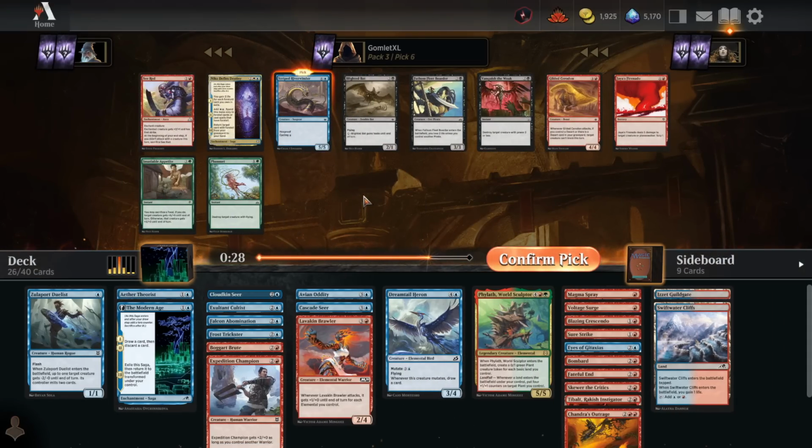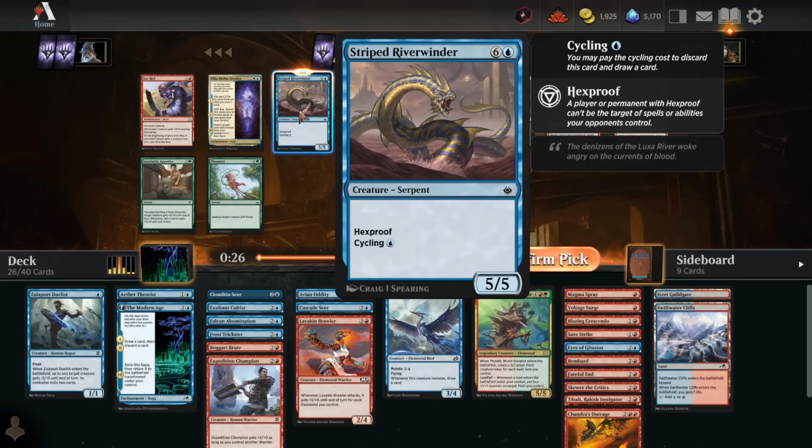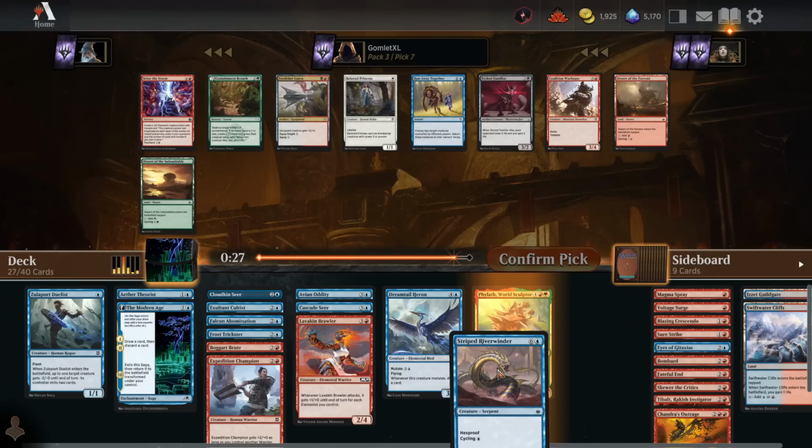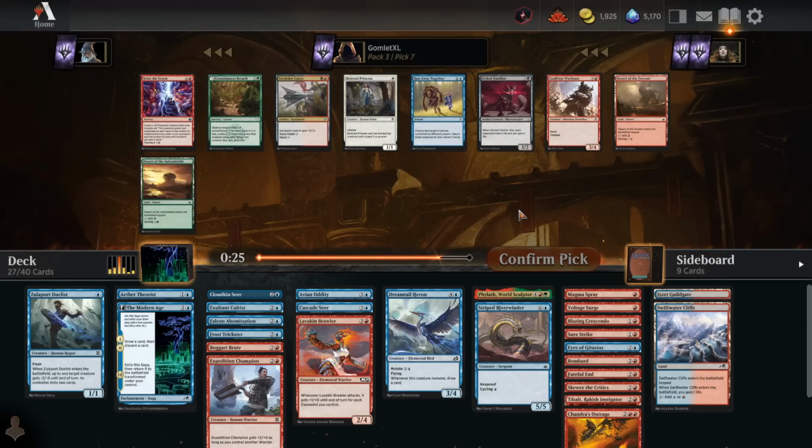Ooh, speaking of draw 1, I really like Striped Riverwinder. This card was insane in Amonkhet draft. So you can cycle it if you don't have 7 mana, which is pretty important for a card that costs 7 mana to have that flexibility. But if you do have that 7 mana, this is a great finisher because your opponent cannot target it with any removal because of its hexproof. So it's just like a guaranteed way to